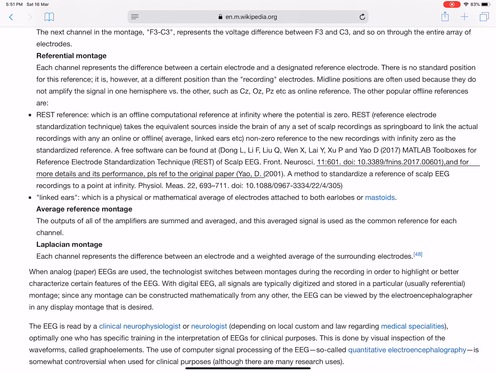For more details and its performance, please refer to the original paper: Yao D. 2001. A method to standardize a reference of scalp EEG recordings to a point at infinity. Physiol. Meas. 693-711. doi